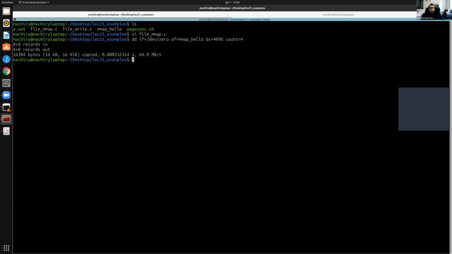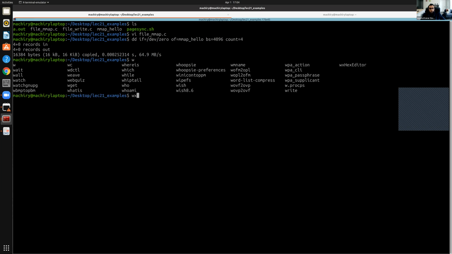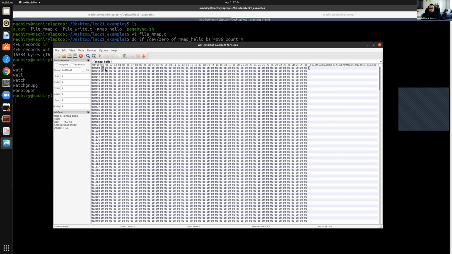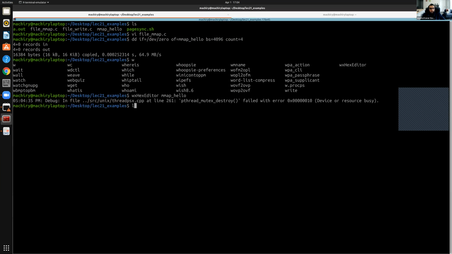Okay, perfect. I did create a file of 16 KB. Let's see what the file contains. Okay, as you can see, the file contains all zeros. Okay, now